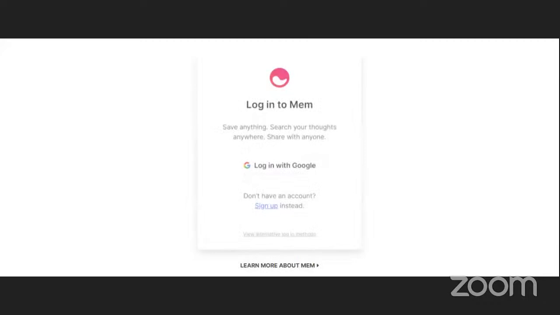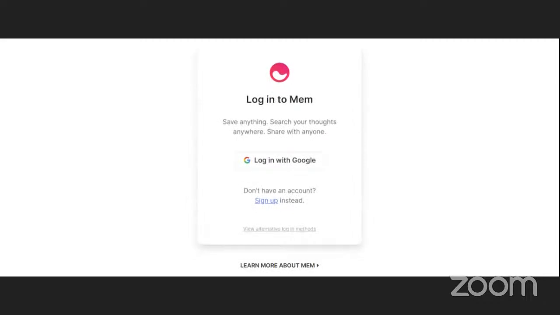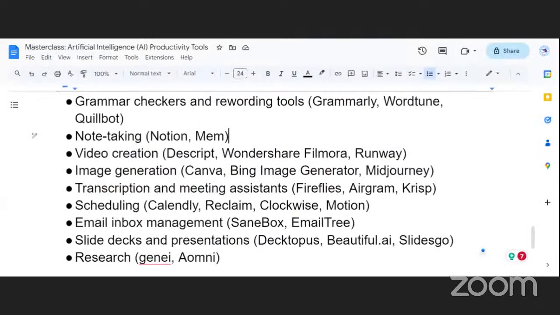Using it for taking notes, it's handy, and that is something you should consider when you want to use an app for taking notes that also has some touch of artificial intelligence in it. Any questions about Notion and Mem?